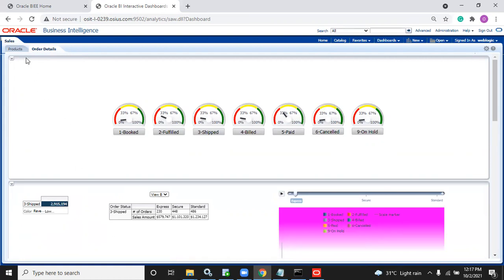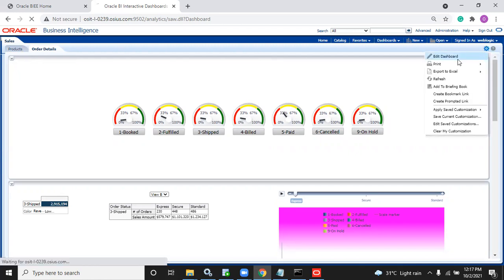The dashboard prompt works for the entire dashboard. It applies the filters to all the reports present in this dashboard. These reports are not present in the first page. They are present in the second page, but still it is getting applied. I don't want it to get applied. That is called scope. What is that? Do you know the meaning of scope?